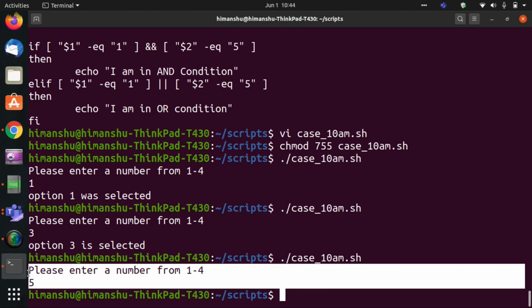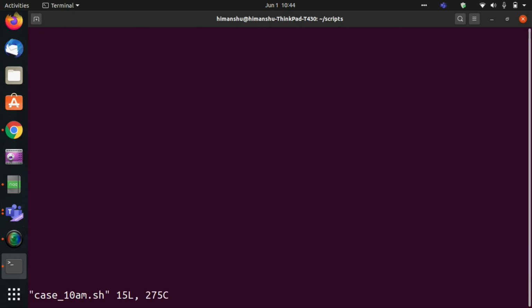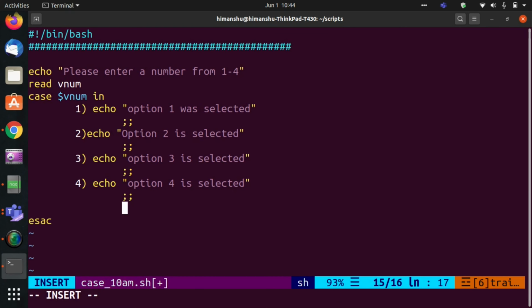Like we were doing with if, if this condition is true, it will do this and then close if. There was no else option, like if the condition is not true or if the number is not in the range between 1 to 4, what should we do? Same way we have an option in case: I can use the option star.